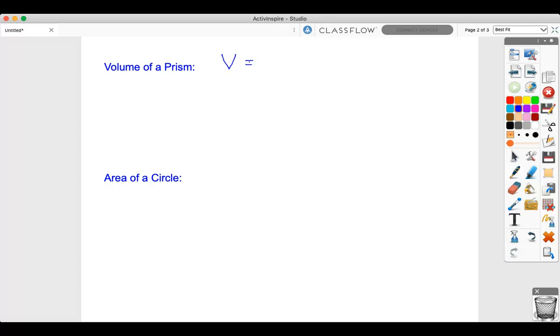But here, I'm going to keep it consistent and say that the volume of any prism is the area of the base times the height. No matter what the base is, it's the area of the base times the height. For example, if I were to have a rectangular prism,